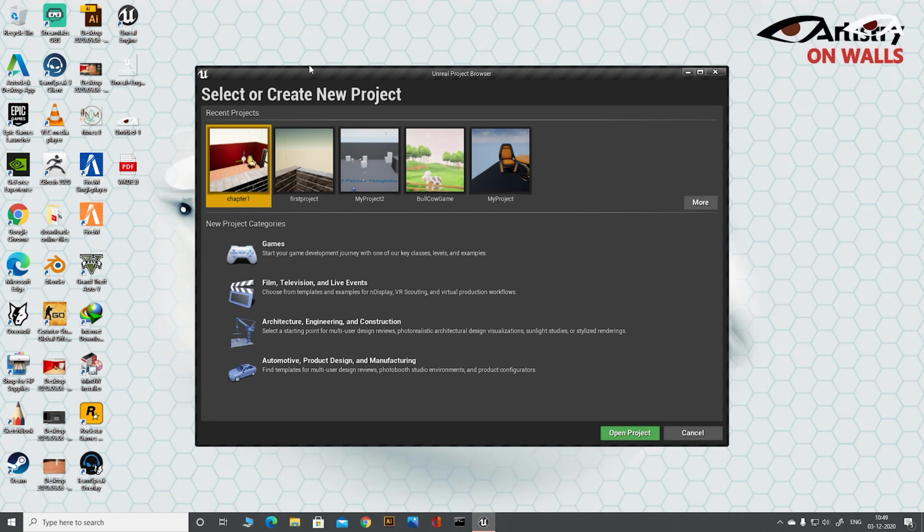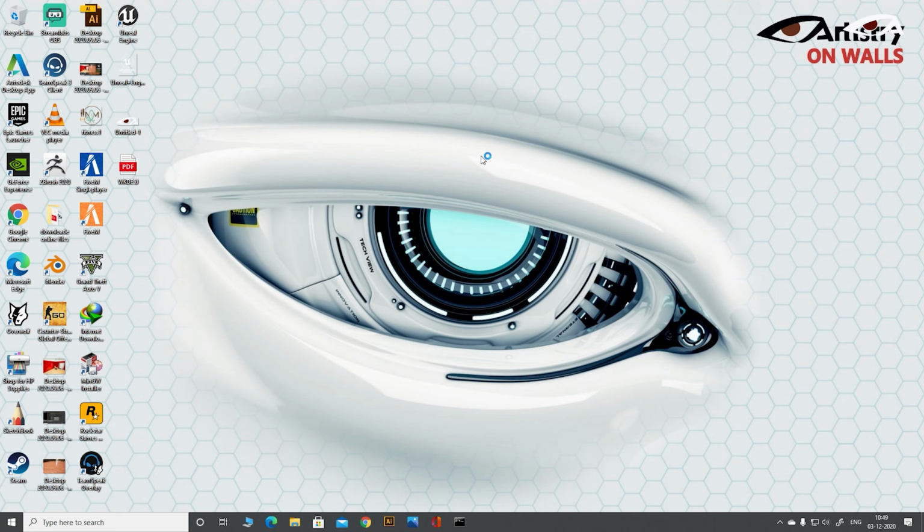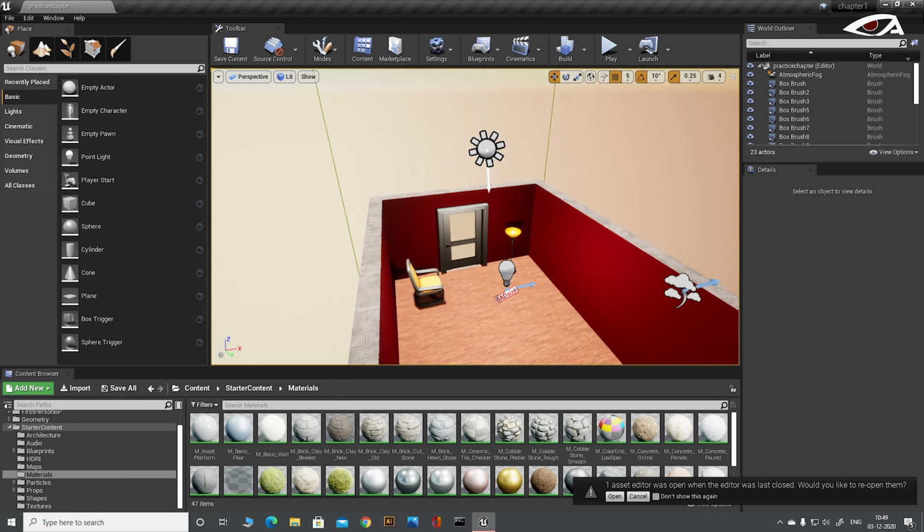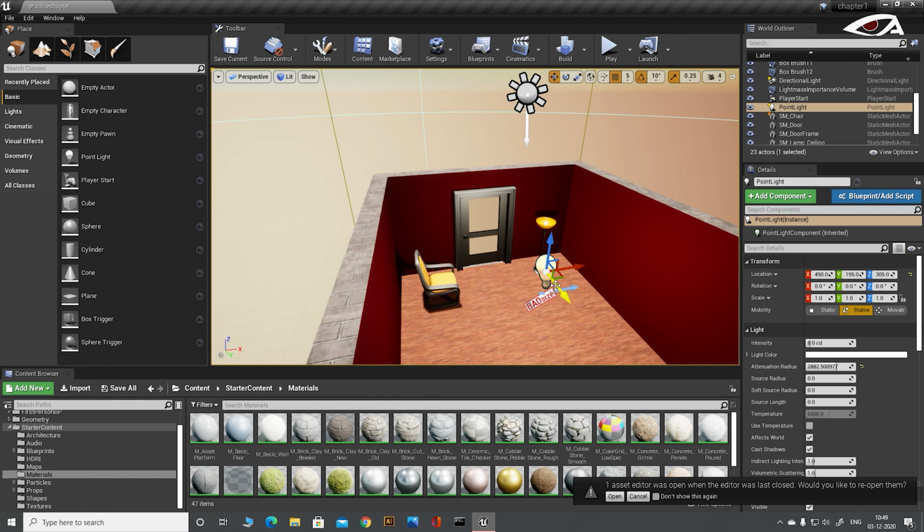So today we will discuss some basic lights in Unreal Engine, such as directional lights, point lights, spotlights, and skylights. Directional lights are those lights which emit beams in parallel lines. Point lights emit light like a bulb. It emits outward in all directions. Spotlight emits light in a conical form, and skylights light from the sky downwards on the object.